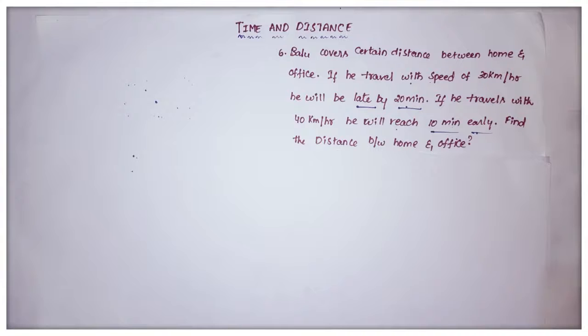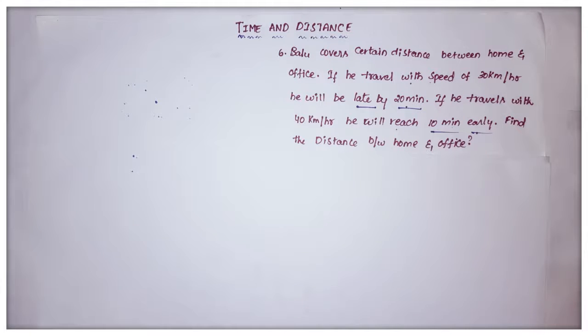So far we have discussed the time and distance aptitude concept and we have solved the previous year questions in previous lectures. So in this video also we are going to see some of the important problems for competitive examination. These questions are a little bit tricky, so you must observe carefully and understand the statement of the question carefully. So let us go to example number 6.